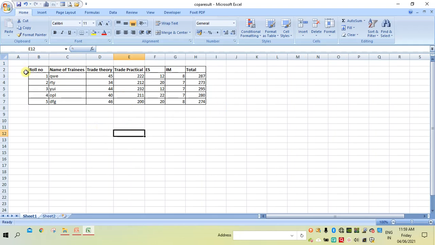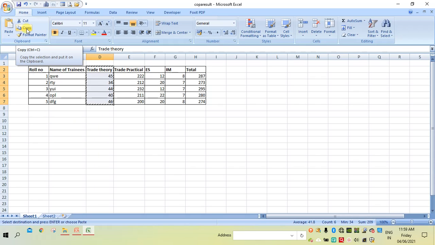Suppose here it is in a table. If you want to copy a particular column, then what to do is select that column. For example, if you want to copy this trade theory column, then select it, then click on copy, or you can press Ctrl C as a shortcut key.